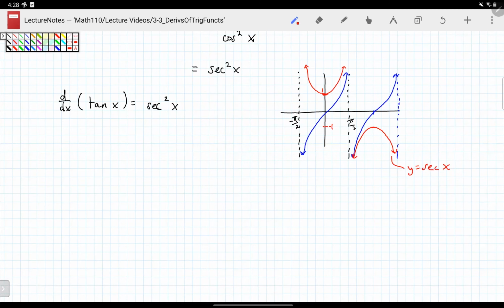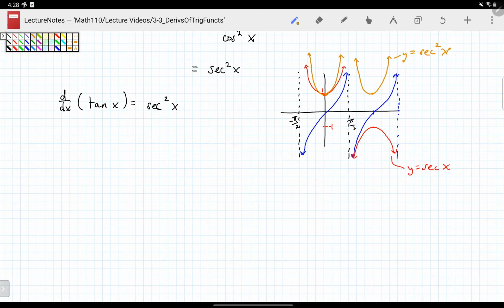Now, if I square that function, for one thing, all of the negative values are going to be made positive when I square them. But also, my 1 squared is going to be 1. And then the numbers that are bigger than 1 are going to get slightly bigger. So secant squared is going to be kind of like this. And then squaring all of these negative numbers is going to flip them up, and I'm going to have this. Okay, so where secant is periodic with period 2 pi, when I square that, I actually get a function that is periodic with period pi. So this would be y equals secant squared of x, okay? And you can check that out in that Desmos graph. All right,